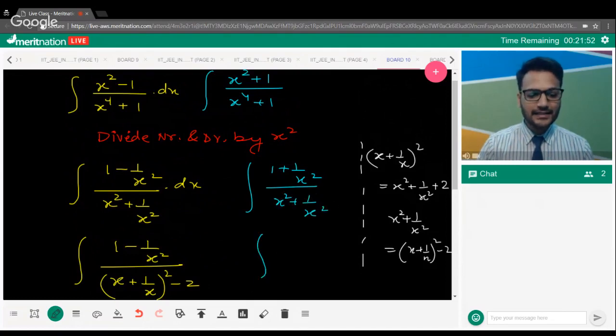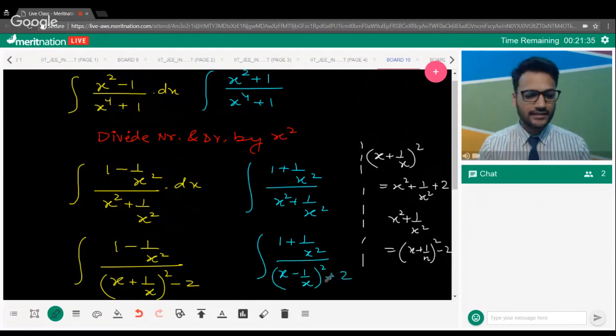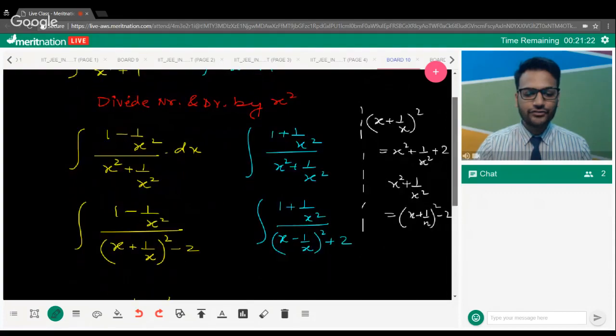But in this case, and this is something which you should remember always, or else you might make some errors, we'll try and convert the denominator in terms of a negative sign. What do I mean by that? I'll write it like this. Plus 2. I hope this is clear to all of us, including Pranjal and everyone, right? So over here, whatever sign we have in the numerator, we make the opposite sign in the denominator, because that's what we're going to have eventually when we are differentiating.